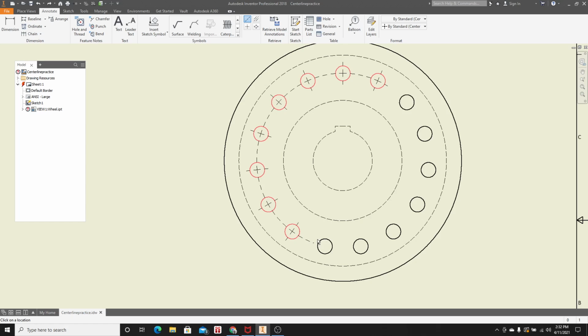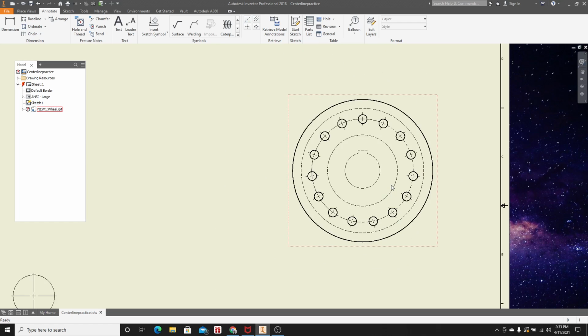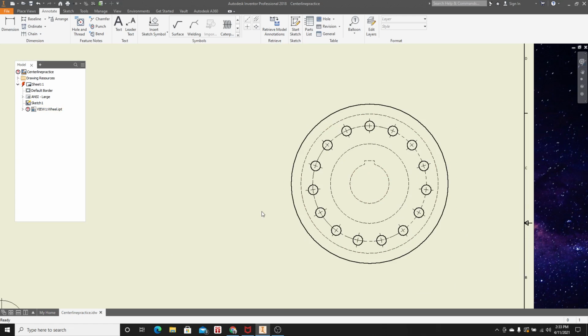Probably a safe bet for you is to just do this each time: make the click for each one. And it's okay if you accidentally miss a click, like you see I just did there. You can just go ahead and extend them later. And then you hit, and then you get, and now you have your patterned